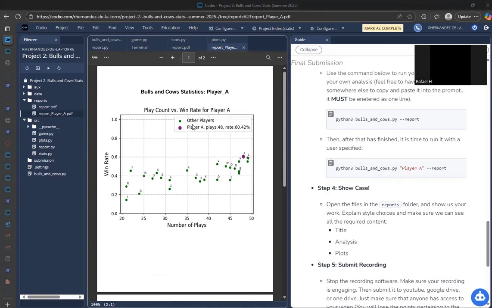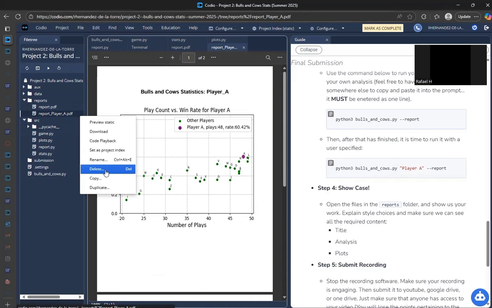Now that I finally had some time to sit down and do this recording, I wanted to walk through the styling choices behind my game stats visualization project. So let me go ahead and first start off by removing these